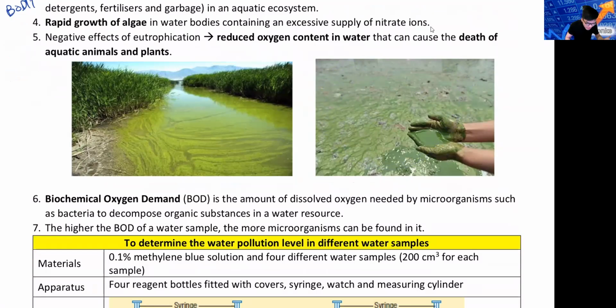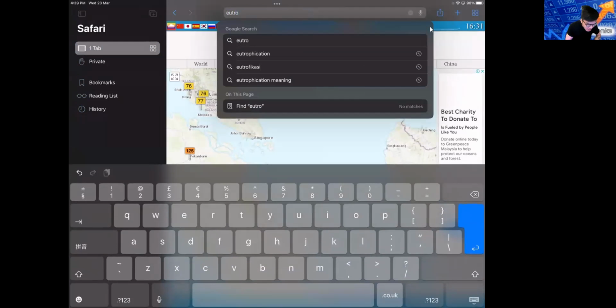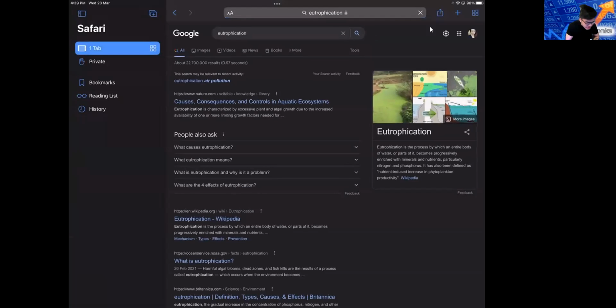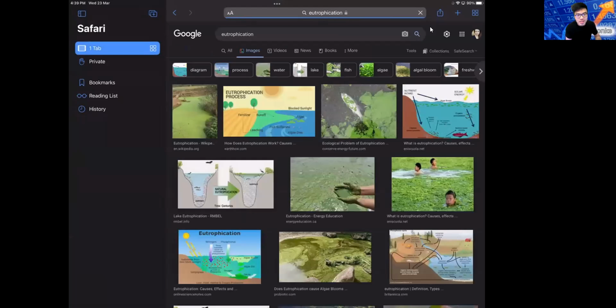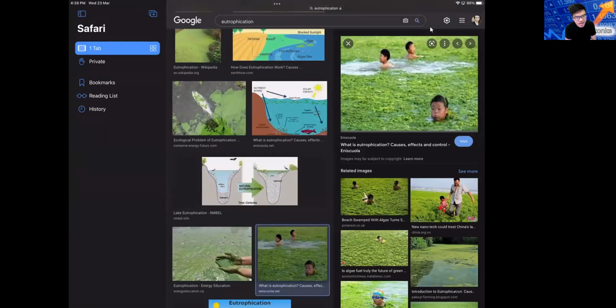If you go to any country with very serious eutrophication, for example China. Do you know eutrophication in China is very serious? Why? Because they use a lot of fertilizer. Why use fertilizer? Because they have a lot of people to feed. We have 7 billion people in the world. China alone has like 1.5 billion. That means about a fifth of the world is in China. How do you think they feed all their people? They use fertilizer lah. So you go to China, most lakes look like this.